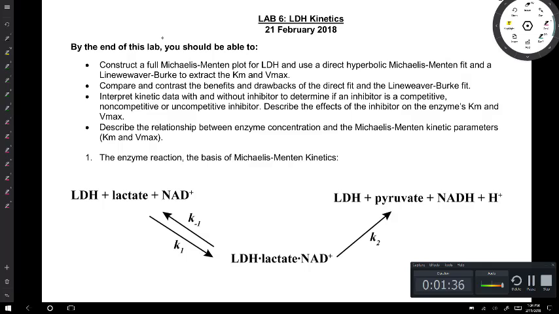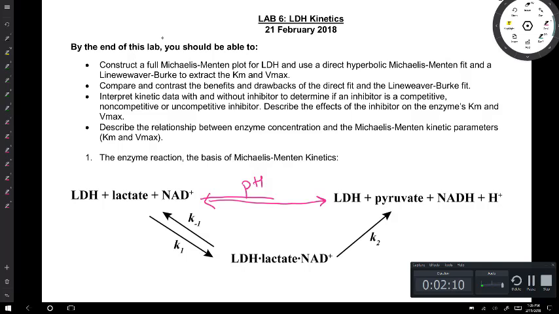All right, so when we start out the reaction, we have LDH, lactate, and NAD+. And up to this point, we've been representing this reaction with an arrow, like so. This reaction can interconvert between either side depending on the pH, but we've represented this as one concerted step. However, in reality, the enzyme reaction is actually a little bit more complicated than the way I've represented this,